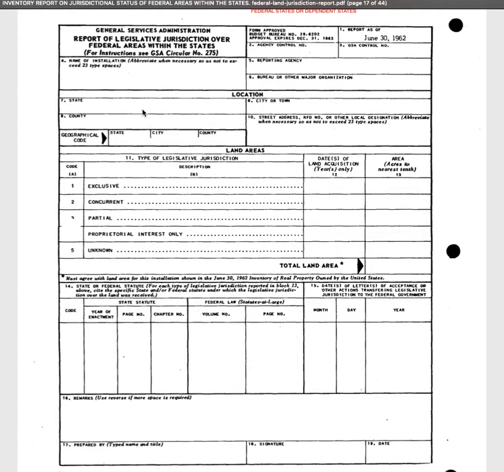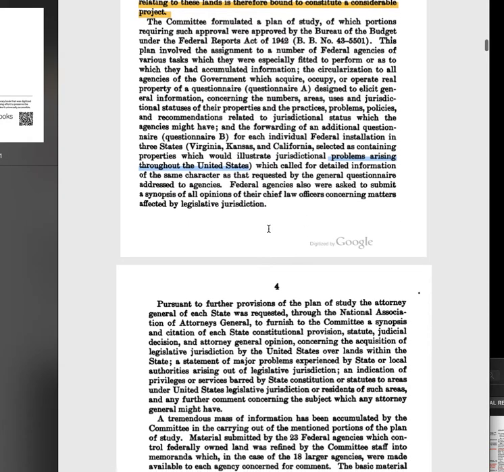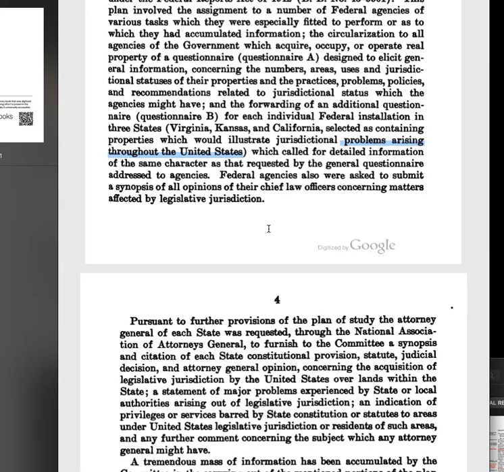So they came up with these forms. And this was the report that they put out. And they acknowledged there's problems throughout the United States. Well, these organizations such as the CDC, the IRS, they don't want to give up the power that they have. They don't want to give it up because they're mad. They're hysterical with power. They're hysterical with their fake money. They're hysterical with their taxation of everybody. You know, businesses who register with the federal government, they're hysterical. They're mad with want of jurisdiction, which is power and authority. They're all mad with it, to use the federal government for something that was never intended to be used for.